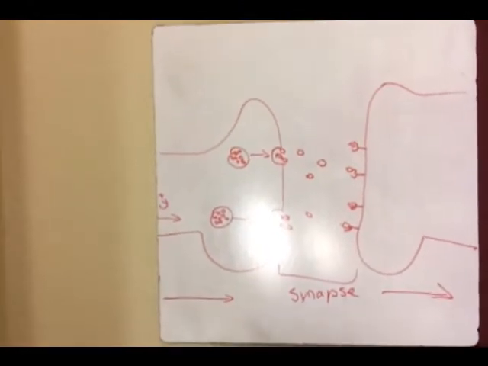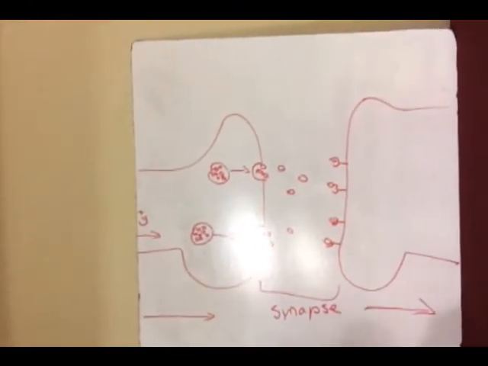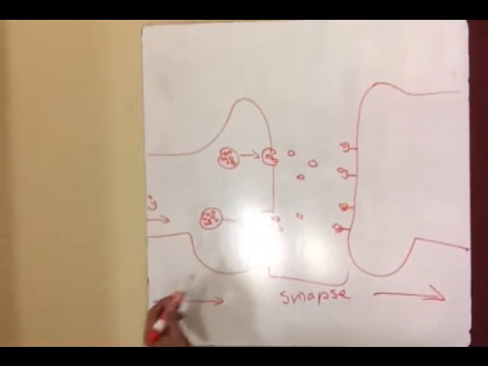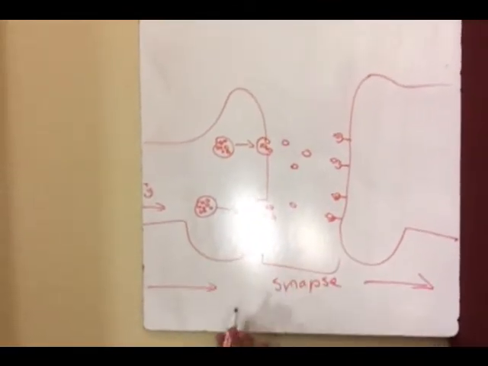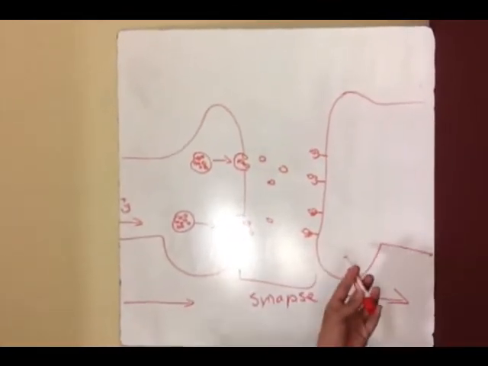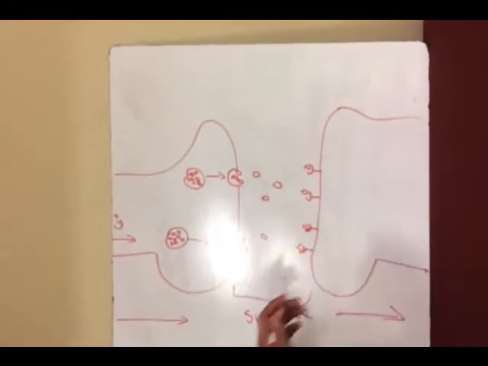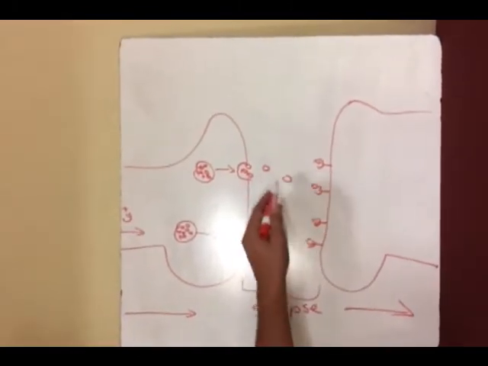And so as the calcium flows in, the vesicle releases the dopamine, or the neurotransmitter, across the synaptic cleft to the receptors here. And afterward, when it's done, enzymes come in and clear up all these leftover neurotransmitters in the synapse, and they're recycled back into the vesicles to be used later on.